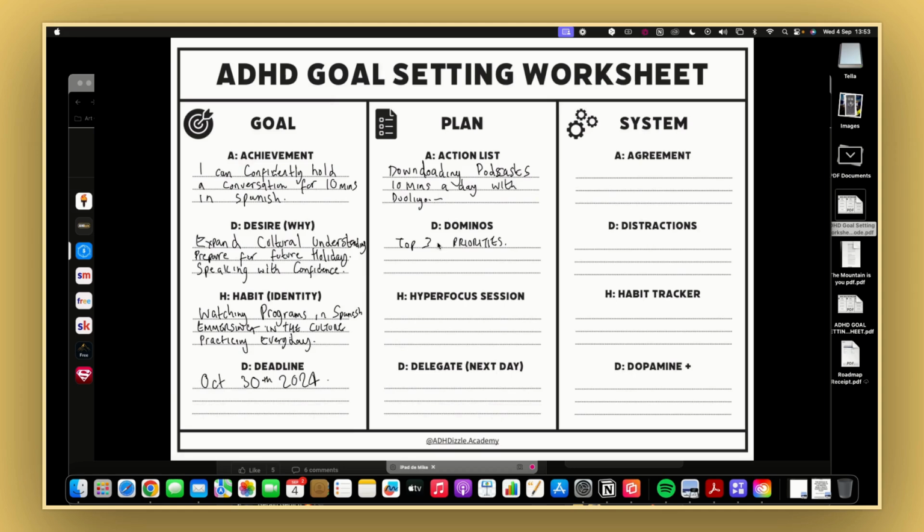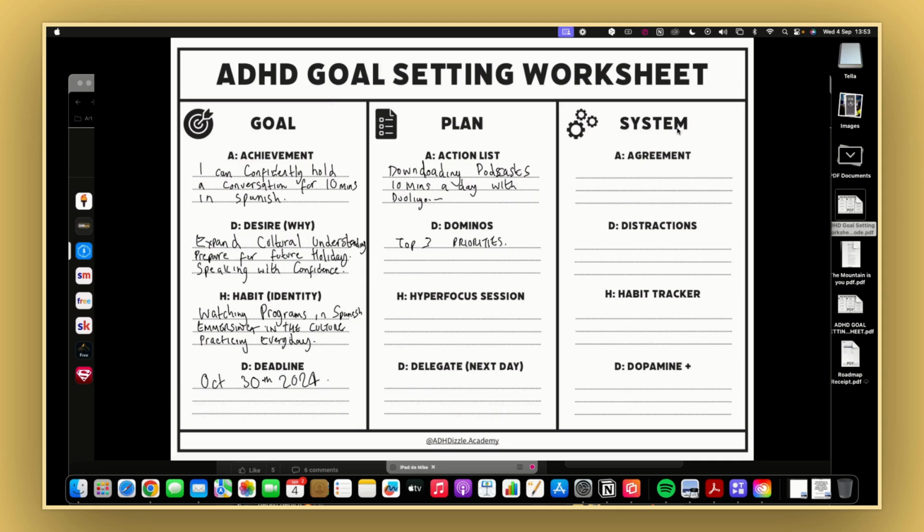What's going to happen then? I'm going to start feeling bad that I didn't do that hyper-focus session, that I didn't follow through on this thing that I said I wanted to achieve. You're not congruent with the actions that you've set yourself, which obviously come from that desire, right? So the desire and the habit identity is really going to help remind you, look, listen, these are my priorities right now. Is this thing that I'm about to do aligned with this? Not really, right? And then you get to navigate better because you have a very clear scope of what's going on.